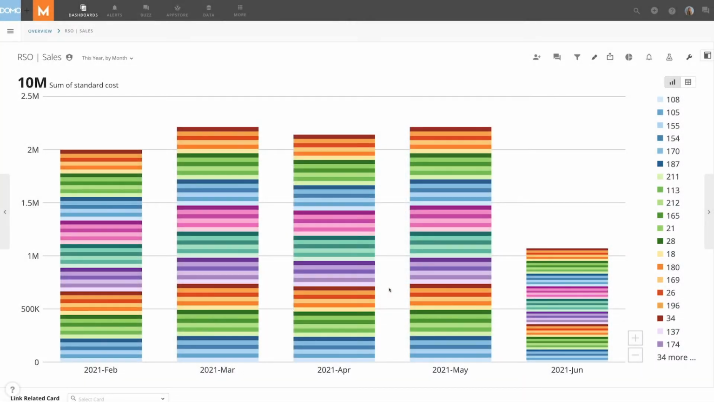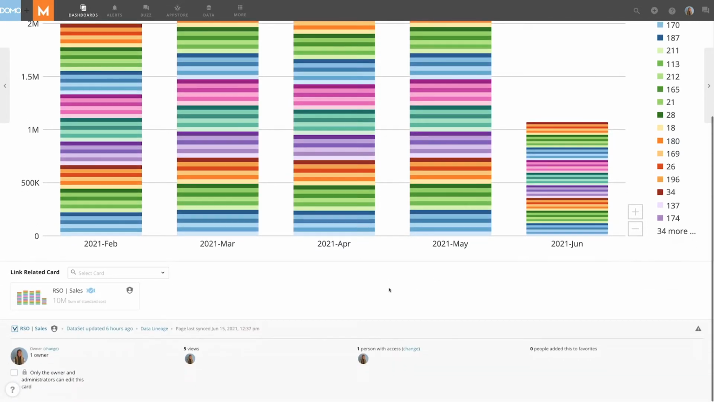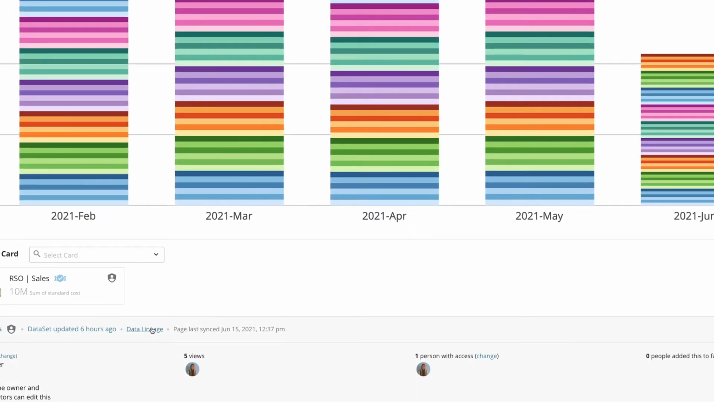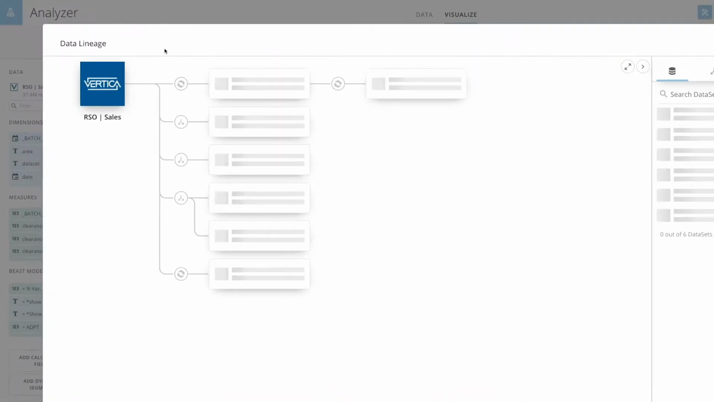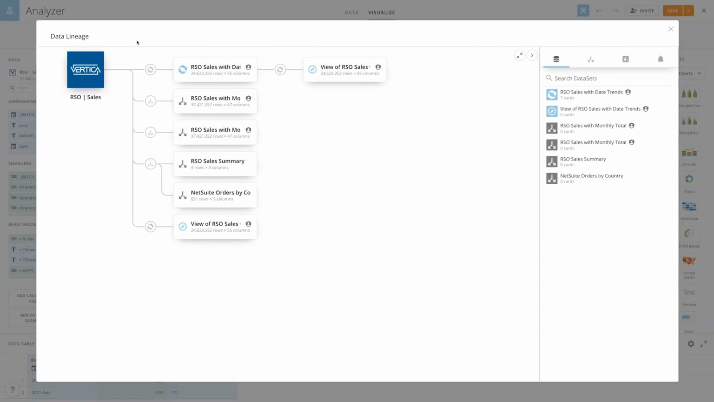Domo's Data Lineage gives you the ability to quickly discover what datasets have been combined and/or transformed to generate the dataset powering your card. You can access the data lineage of a card by clicking on Data Lineage in the Card Details view, or by going into Analyzer and selecting Lineage from the Feature ribbon. Both of these will open a visualization that shows how all the different datasets are combined into the current dataset